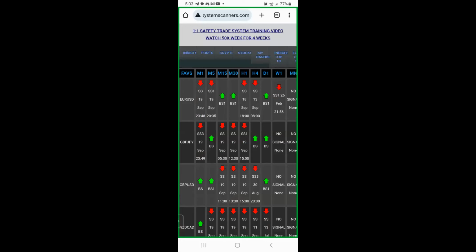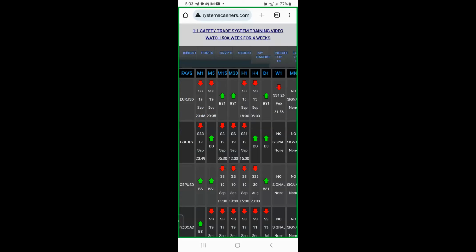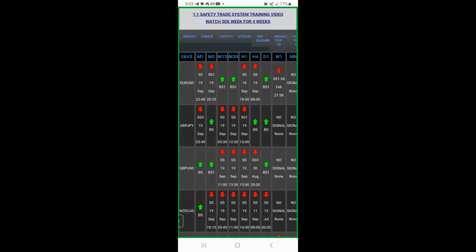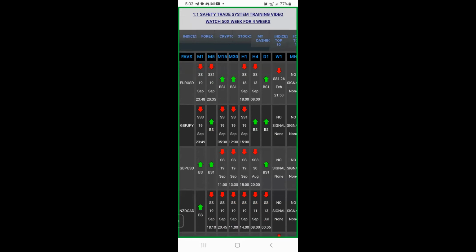Yes, so like for EU, there's SS in the 1 minute, SS1 in the 5 minute. Right. So it means that higher time frames have a similar direction. So if you notice, it's SS1 because on higher time frames, the hour and 4 hour is also red. But it's at least 2. But like on GJ, right beside each other is red green. That's volatility. So the 3 helps you to identify volatility. So red green right beside each other versus red green red red. Red green right beside each other will almost always get you that 3.